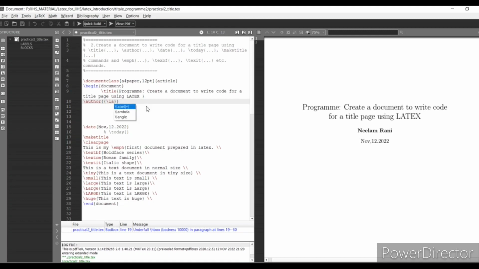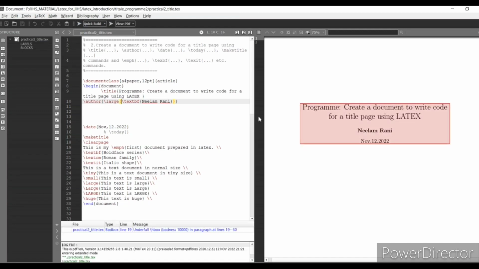If you write here large, L-A-R-G-E, only the large, and then you put the textbf Neelam Rani. I put the braces here. You will put this brace here. It will work